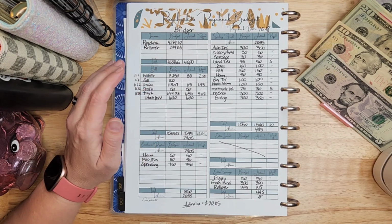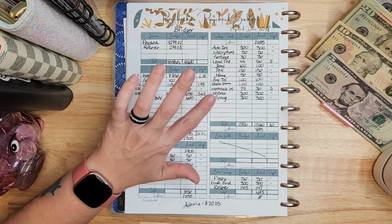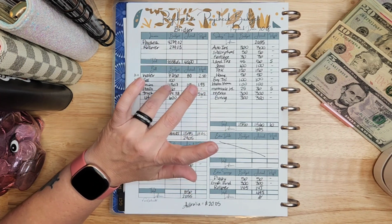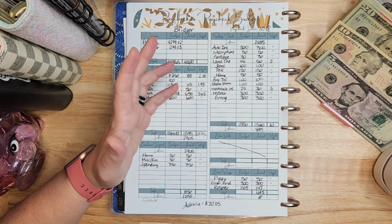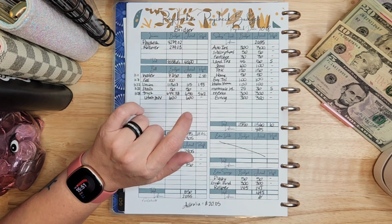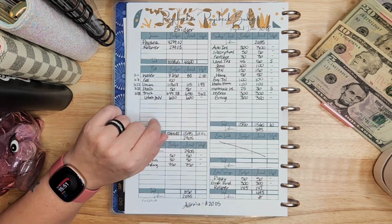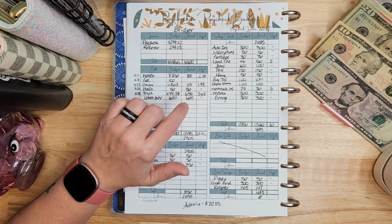And then we've got our bills here. So our water bill, our town just did a rate hike, and unfortunately it looks like in the non-high use months, like the winter when we don't use as much, it's going to be up about $15 a month. The summer will be interesting, so I'm going to have to see that this next summer when it goes up. So it used to be $62, now it's up to $77.50, and we do have a roundup of $2.50